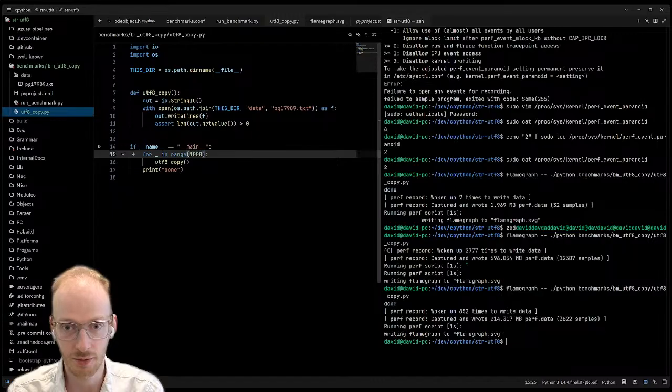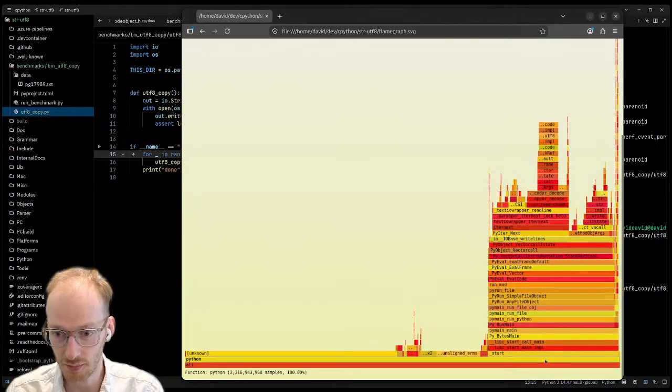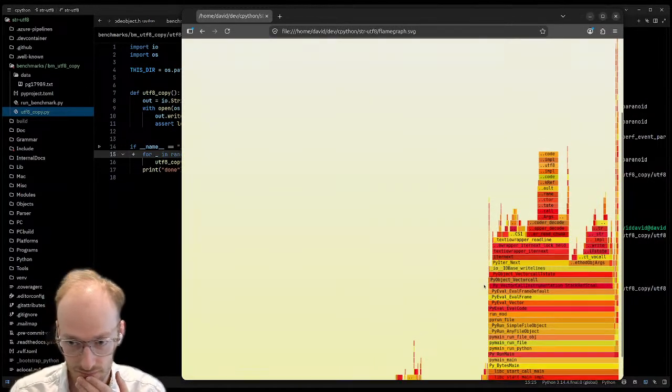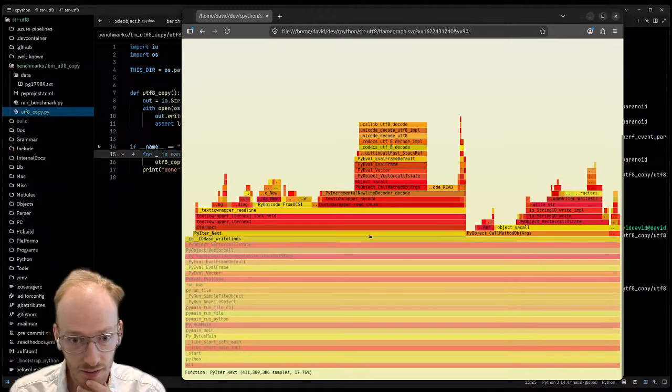And now, if we go back to Firefox and that very different looking profile, which is almost all in Pyron main. It's really all here in readlines.